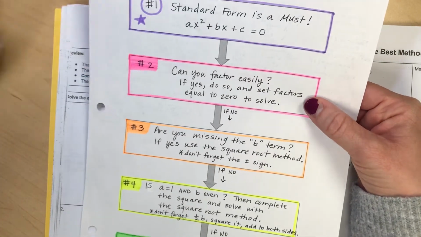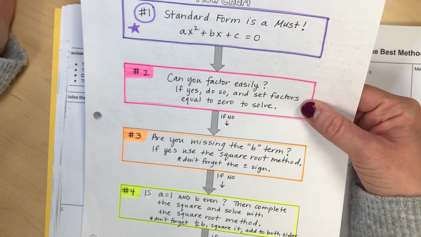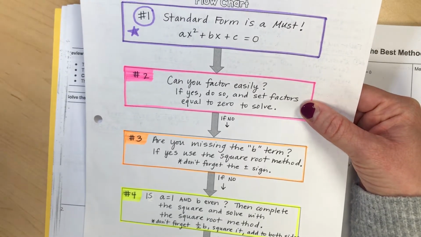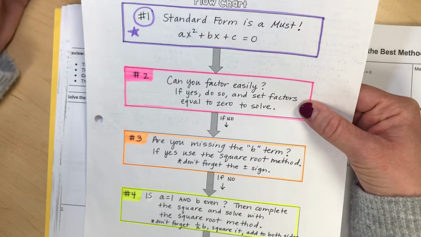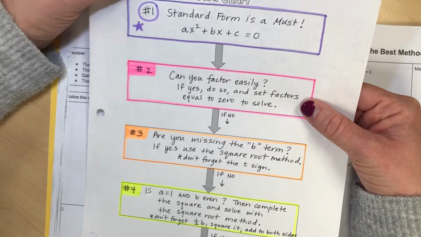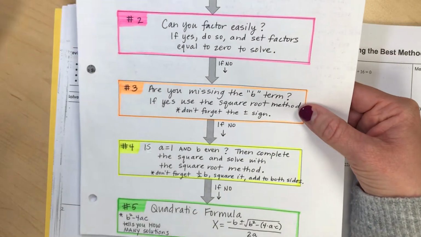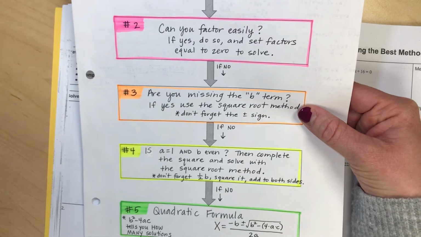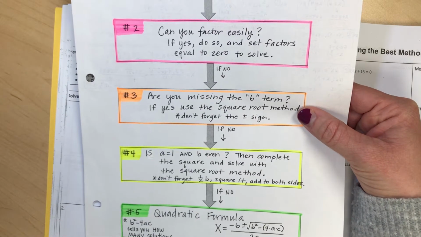Can I factor easily? And I mean that easily. If yes, factor and set your factors equal to 0. It's a quick, easy way to solve. But again, if factoring is easy for you. Then next, if factoring's not easy for you or you just can't figure it out, then what I would say